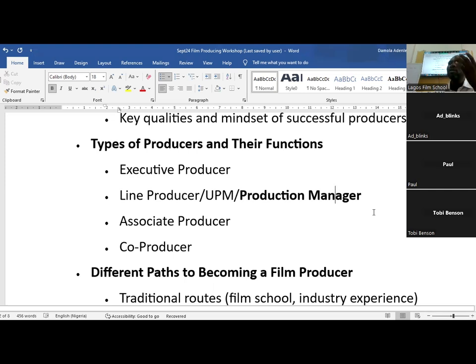Now, on TV, if you're doing a TV series, you most likely need a line producer. If it's a film, a production manager will do. If it's a big film, a line producer and a production manager. And if it's a very, very big film, a line producer with his own production manager, and then unit production managers with their own production managers. Let me explain. So you're shooting a very gigantic film, like,